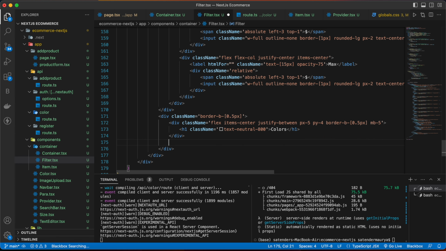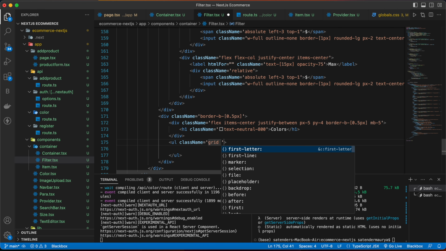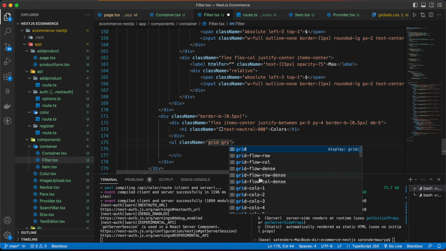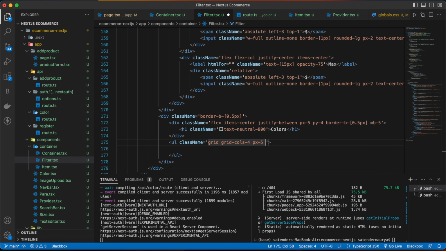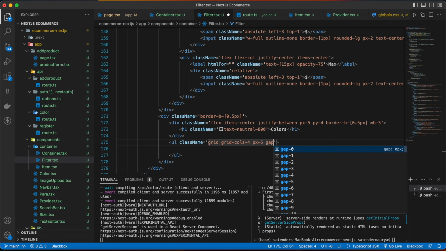And now below this div we are going to have an unordered list, and it will have a class name of grid-cols-4, px-5, and gap will be 5.